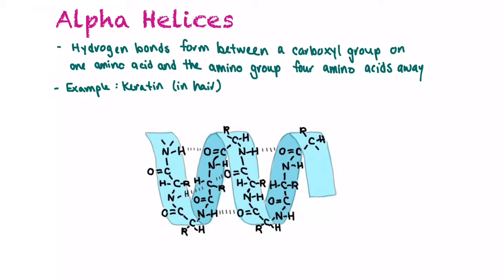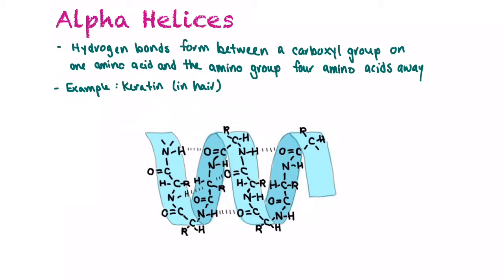So the first type of secondary structure is alpha helices, or an alpha helix, and that's when hydrogen bonds form between the amino region of one amino acid and the carboxyl region 4 amino acids away. So if we go, this is amino acid 1, 2, 3, 4, and then there's a hydrogen bond, and you can see it happening here